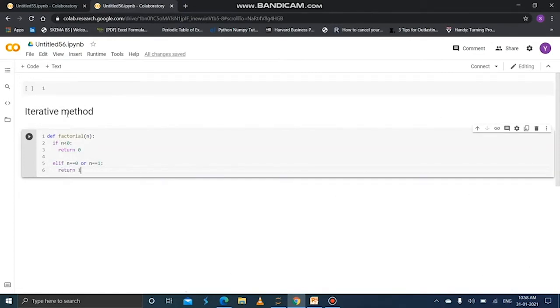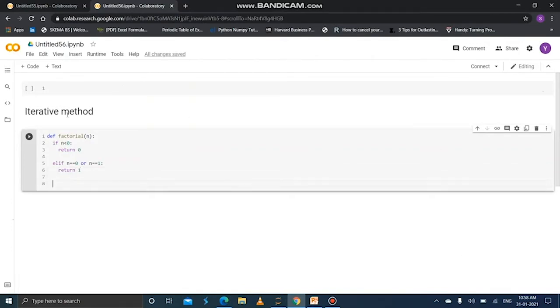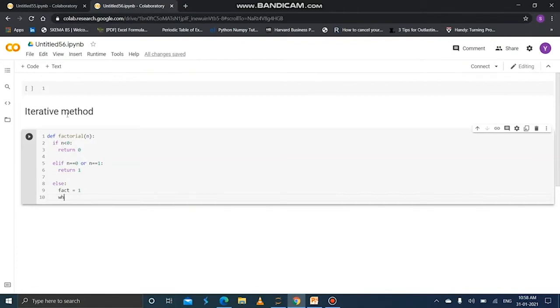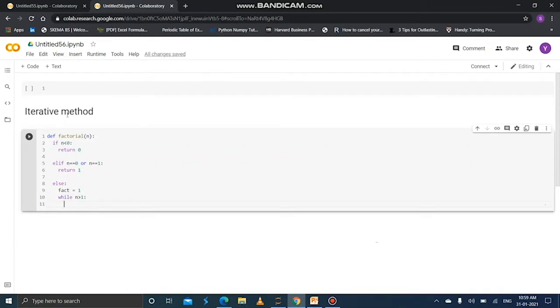Okay, if both of the above cases are false, else, first initialize a variable with 1, call it fact. Fact is equal to 1. Now while n greater than 1, here I am using a while loop because it iterates until some condition is false. In this loop, it stops iterating when the number is equal to 1. Fact is equal to fact into n.